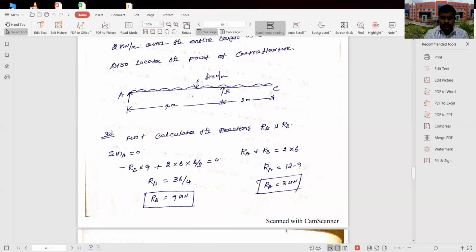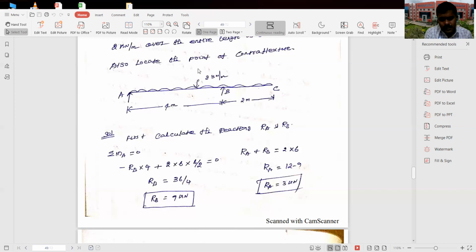Then, what are the other forces acting? This uniformly distributed load of 2 acts over the length L, 6 meter. So this 2 you have to convert to a point load. It means 2 into L, right? 2 into the distance over which the uniformly distributed load is acting, which is 6 meter. Therefore, this 2 into 6 is acting at the center of the beam. Therefore, 2 into 6, by 2 distance is the center from the point A, right?